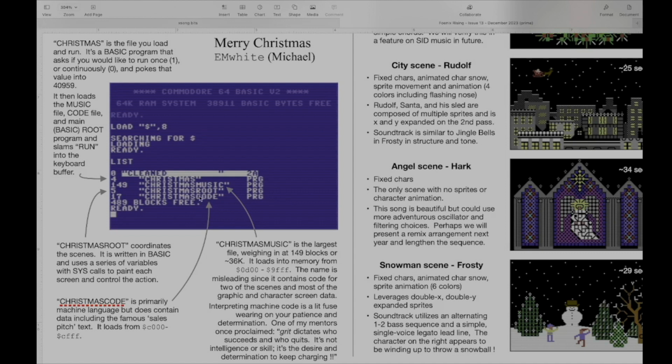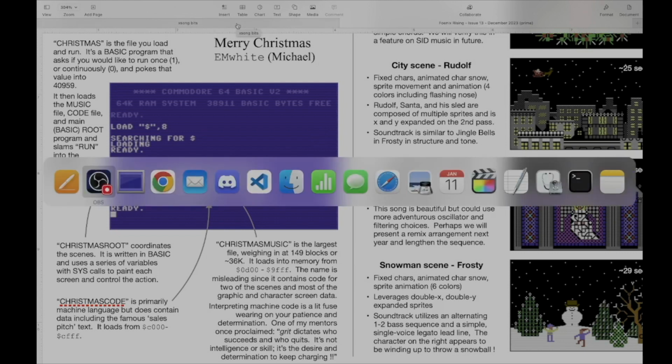Christmas code contains code also, and I believe there's some data up there as well. I've gotten through a fair amount of it, but not all of it. So I just wanted to talk about that. I think in total it's something like 56K, this demo. So it's absolutely tremendous. Let's go over now to the emulator, and I'll walk you through a couple of things